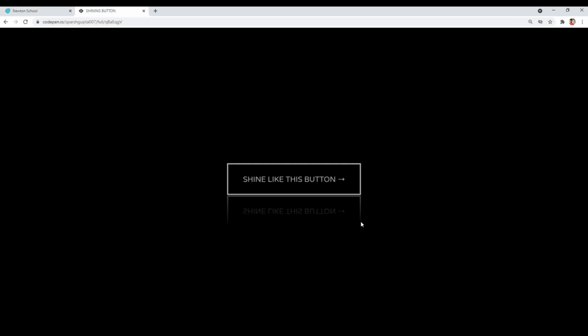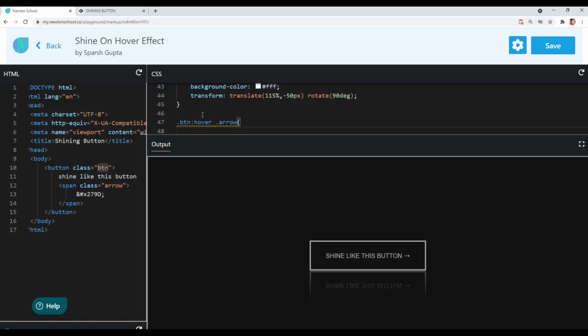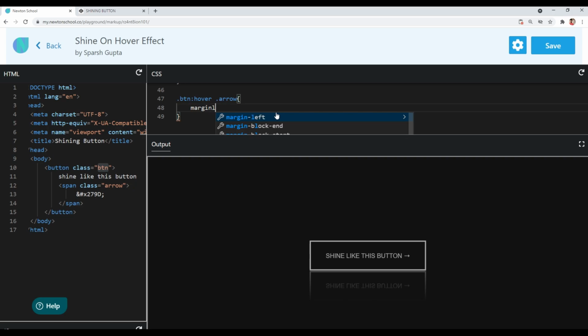Okay, so as you can see, when I am hovering on this button, this arrow is getting some space from the left side. Okay, so when we are hovering on the button, we want some spacing from the left side, so we will use margin-left 10 pixels, let's say 10 pixels.